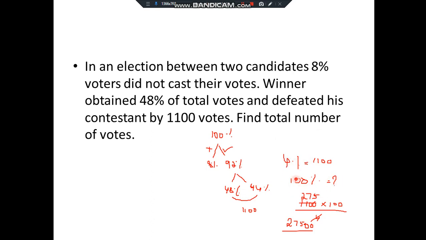Okay, listen to this point very carefully. In your question, just look whether it is the majority or the votes obtained by him. Sometimes they'll give that the votes obtained by this contestant are this much, which means you should not take the difference and keep the number as the difference, okay? Suppose A obtained 1100 votes, that means 48% is equal to 1100. It is not 4% equal to 1100. Get my point? So read the question very carefully and answer, okay?